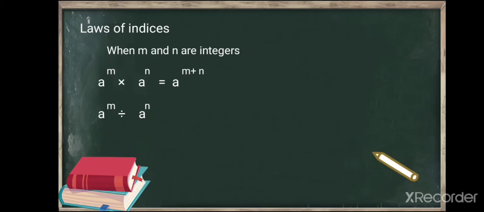Similarly, a raised to m divided by a raised to n. Here again their bases are same but their index values are different. So this term can be expressed as a raised to m minus n. (a into b) bracket raised to m. Here you can see bases are different, that are a and b, but both bases have common index value m. So this term can be expressed as a raised to m into b raised to m. Similarly, we can use it for the division formula also.